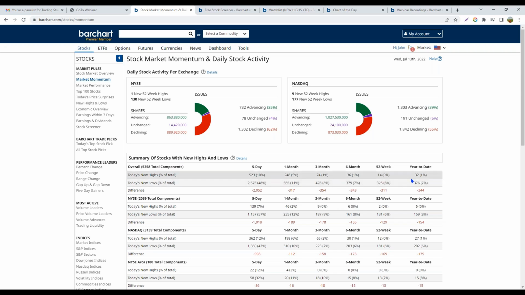Today, only about 32 stocks are making a new year-to-date high, less than 1%. Very few stocks, but yet in the face of even the tape that we've seen today, there are stocks that are performing. Now, if I go to the S&P index